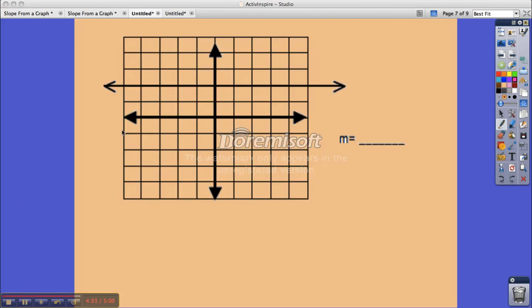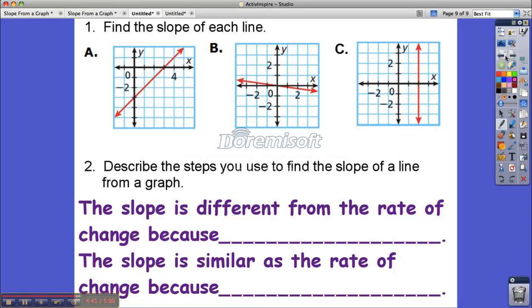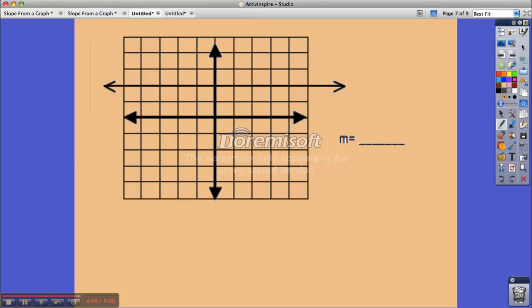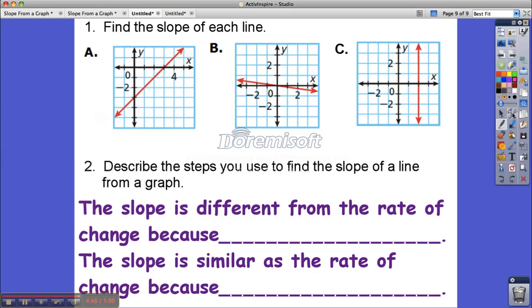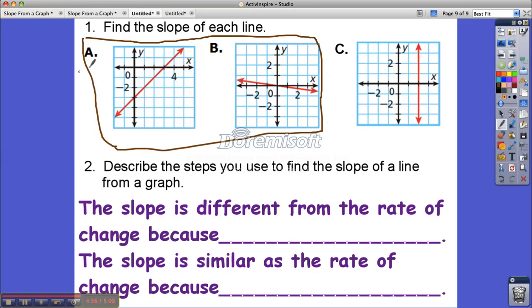I was just looking at the time and I realized I only have 30 more seconds, and I don't want to make another video of this, so this is what we're going to do. You have these other examples on the back. We're not going to get to those right now, so what I want you to do is, for your entrance ticket tomorrow, I want y'all to just do A and B here. To find the slope of these, I want you to be careful, do the rise over run, find out what you think the slope is for A and B, bring